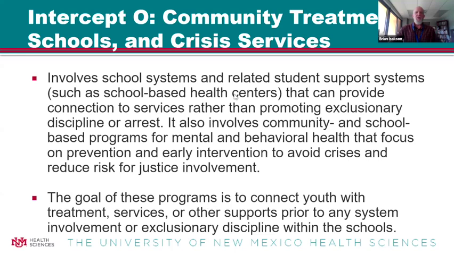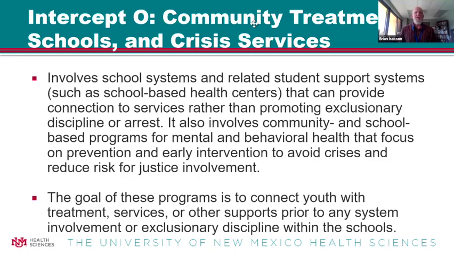This is community treatment, schools, and crisis services. So this is when there may be involvement, there may be a crisis, there may be contact with the police or justice system, and this can be some early intervention. So this involves school systems and related student support systems,